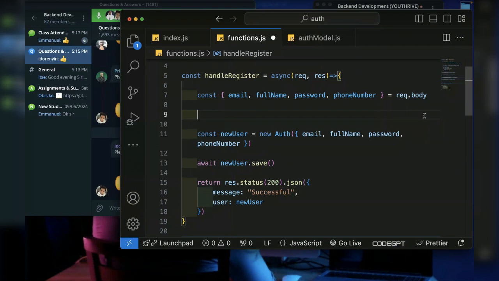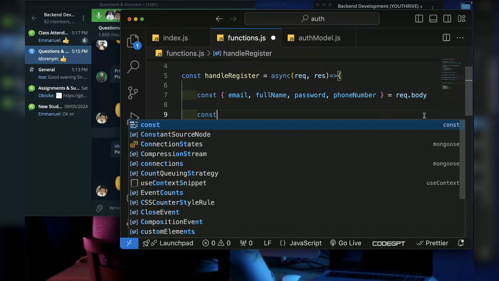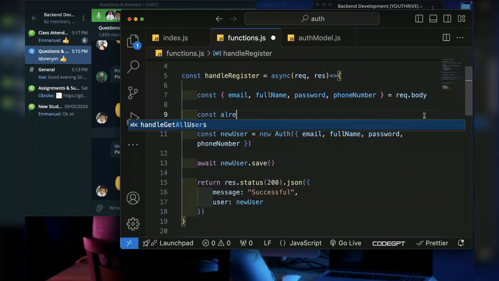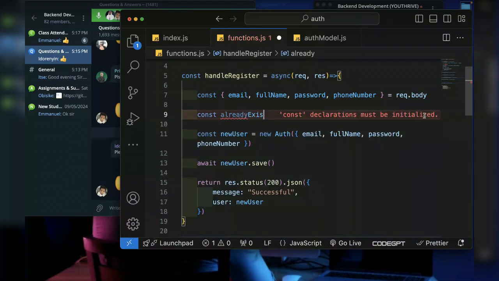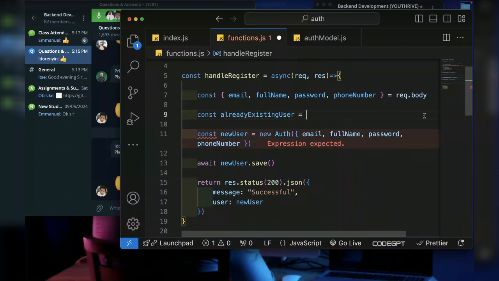So you want to check that somebody is there, anybody using this email already? So how do you do that? You say const alreadyExistingUser. Now this is my own variable, although it is long, but you can create your own variable. It is going to be a variable that will house the result I find. So I will say await, go to my auth database, find one,